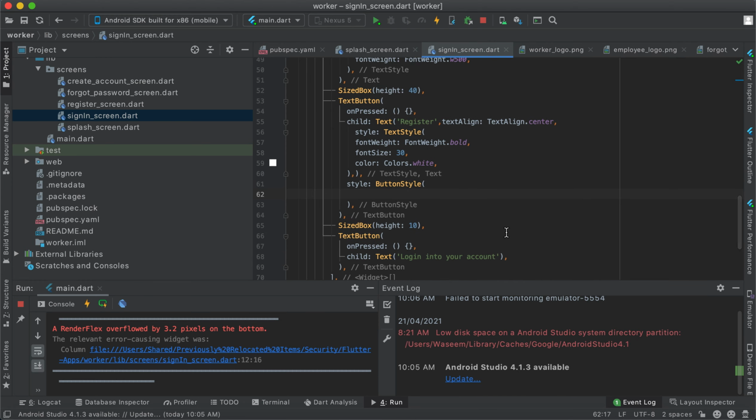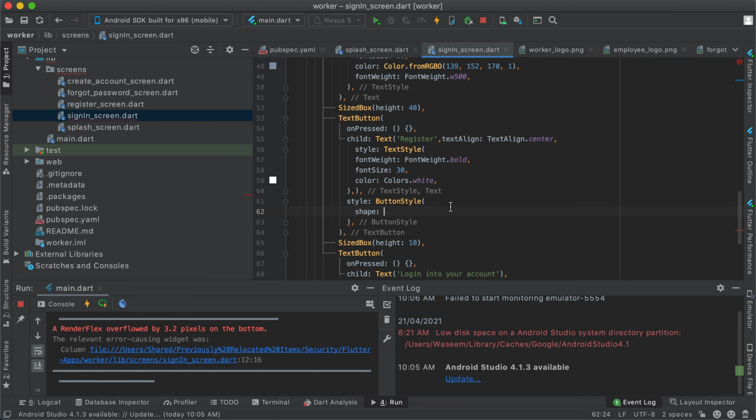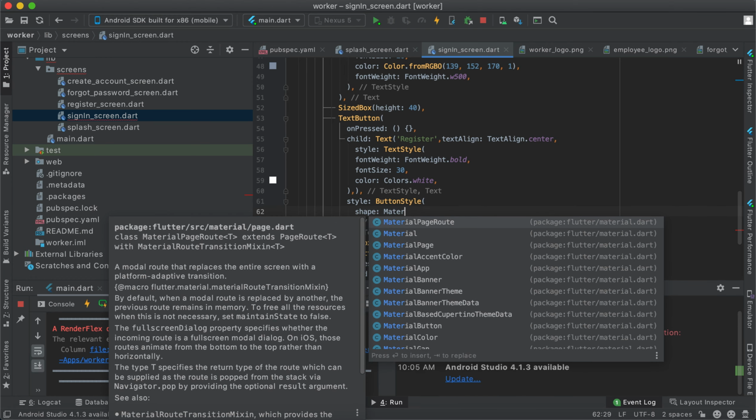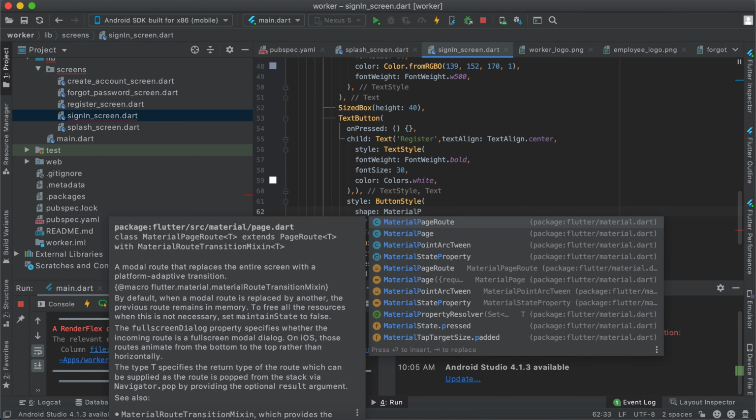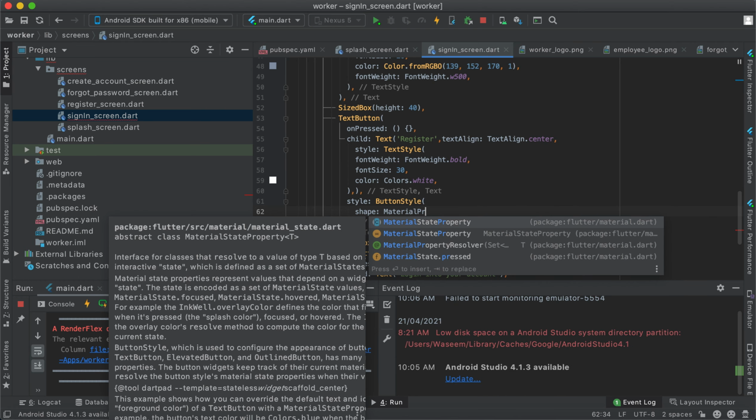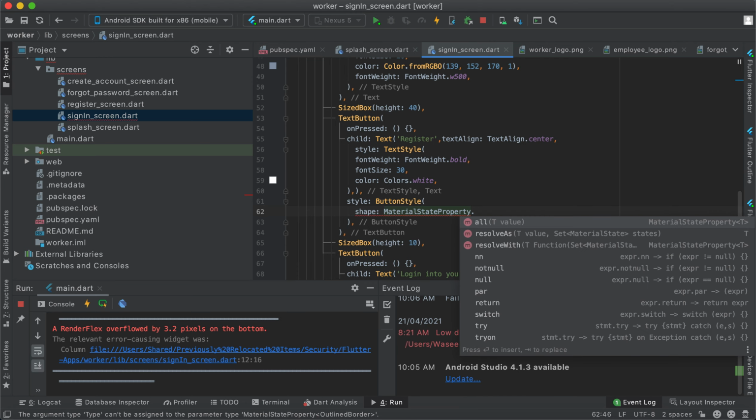In this button style we have a shape parameter, and in the shape parameter we have a material state property, MaterialStateProperty dot all,